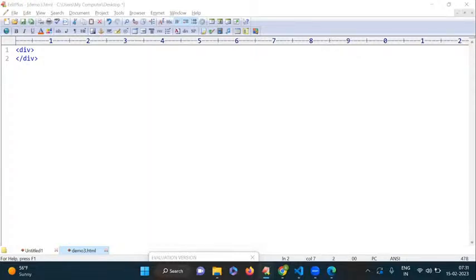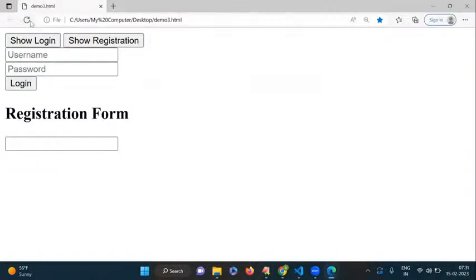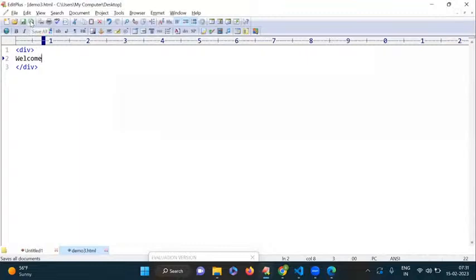Are both containers or not? Container, yes. Now see here, this is the div tag. This div tag has the welcome message I have given. Now if I refresh, it displays the welcome message. Yes. Now after this div tag, I'm taking